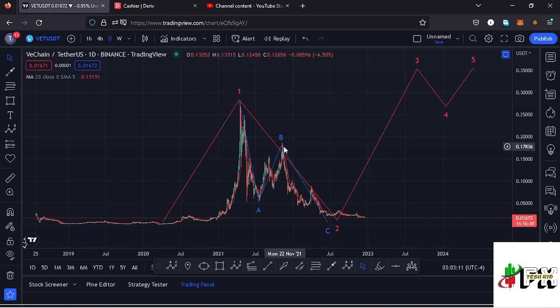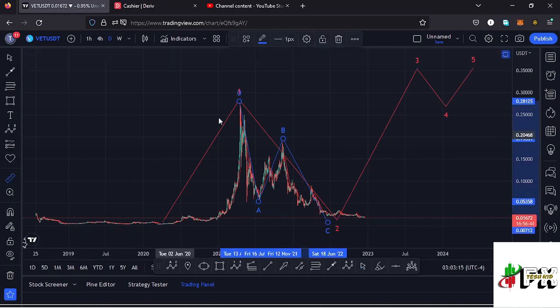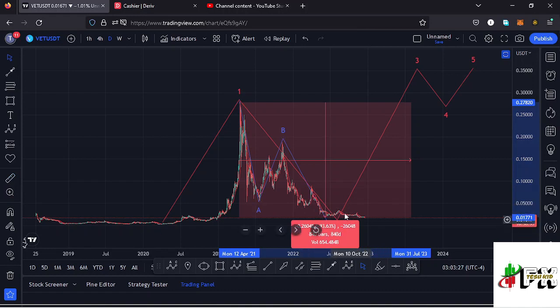Getting a little bit into the details of the formation of this Elliott wave structure, let me give you a measure from the all-time high. From the all-time high, you can see that Vechain is down more than 93%, meaning there are chances that we might have seen the low for that higher Elliott wave count 2, and very soon I'm expecting that bounce to the upside in the formation of this higher Elliott wave count 3.